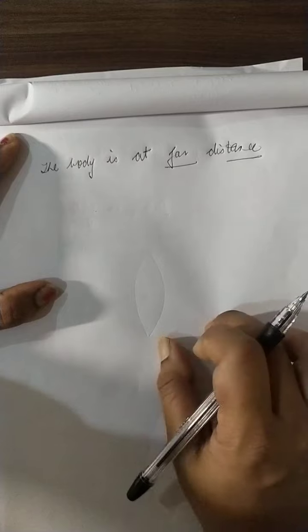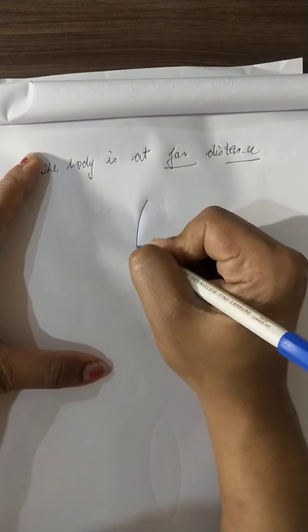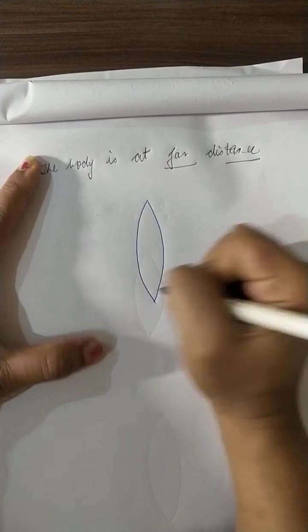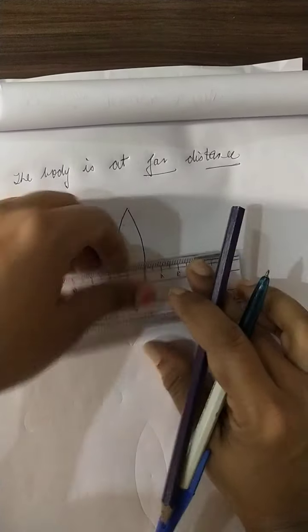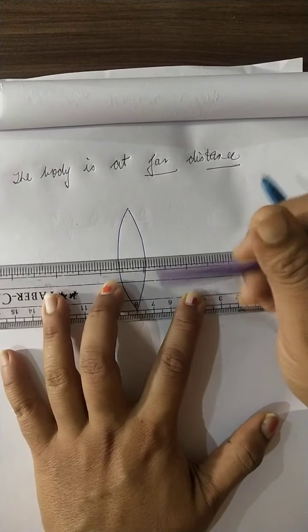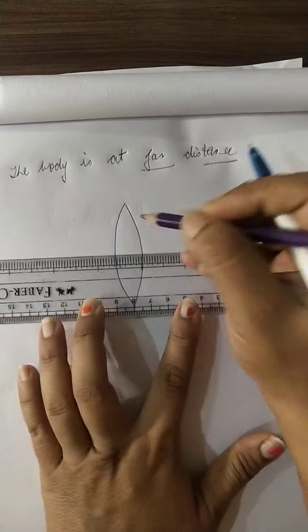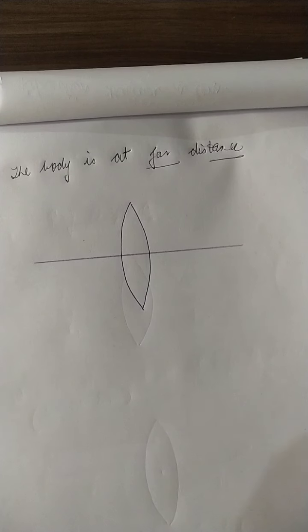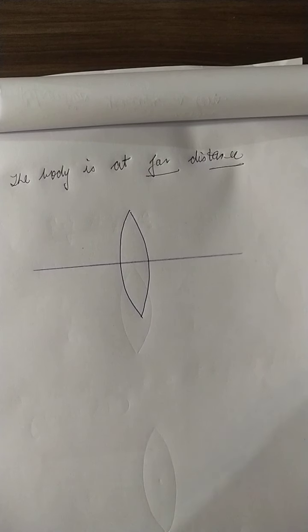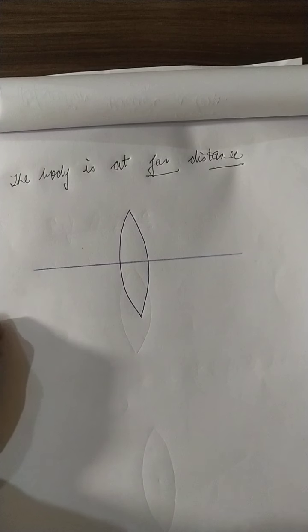Same type of lens we are using here. We are using convex lens, right? So here is the convex lens. In the ray diagram, first we draw the lens, then we'll draw the principal axis. Step by step we have to draw, otherwise it becomes really complicated. So this is the center part, the optical center, so the ray will pass through the center of the lens. So this is the principal axis. Now please pay your attention, right? They are very important diagrams.